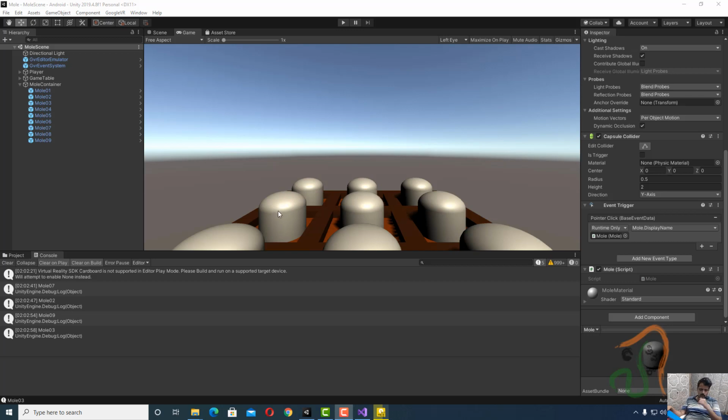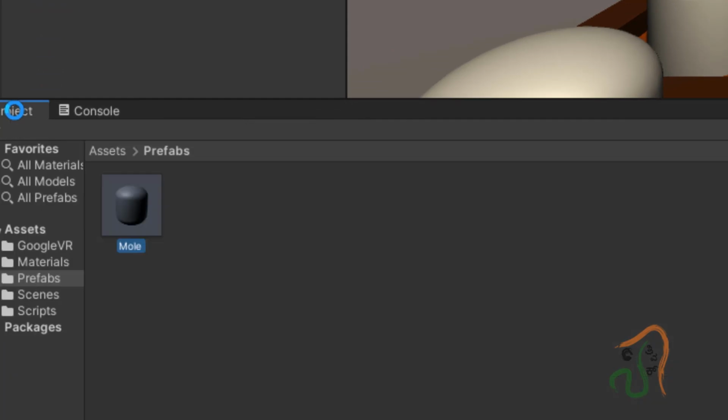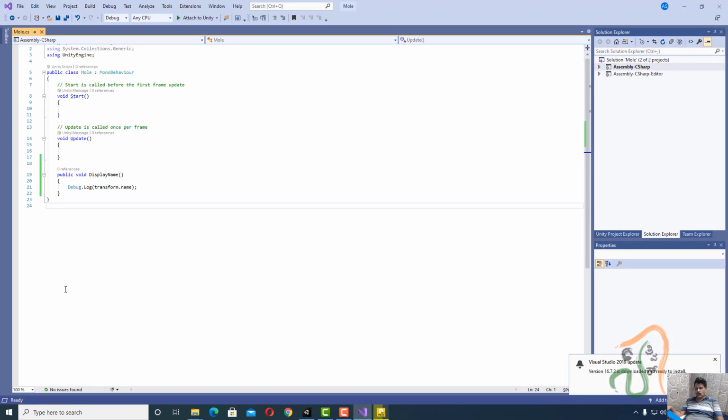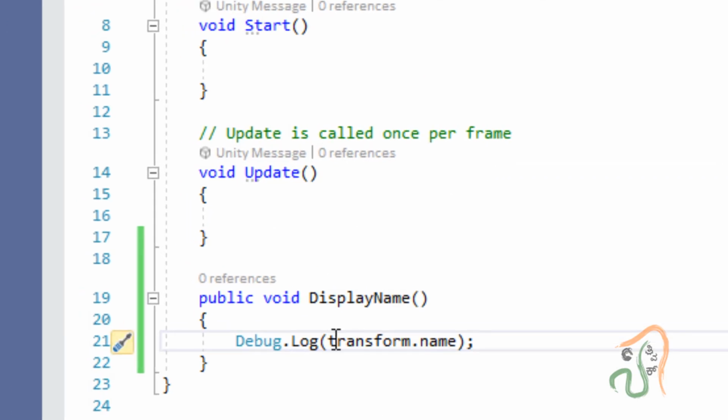So to test whether the hitting is happening or not, now come back to project here, and in project you have scripts, you have the mole script. Double click this mole script to open. Now once the mole script opens, in this display name, we have added transform.name.